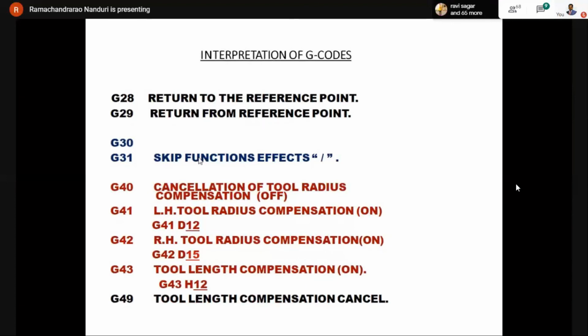They are length compensation, geometry H, and tool radius or diameter, which is given by geometry D. So as soon as the cutting tool is brought into the work area, the length of the tool and diameter of the tool are considered by the PMC, Programmable Machine Controller, so that no accident will take place, and accordingly the movements are executed. But for executing all these movements in rapid motion or carrying out the cutting activity, all such instructions would have to be given by us.